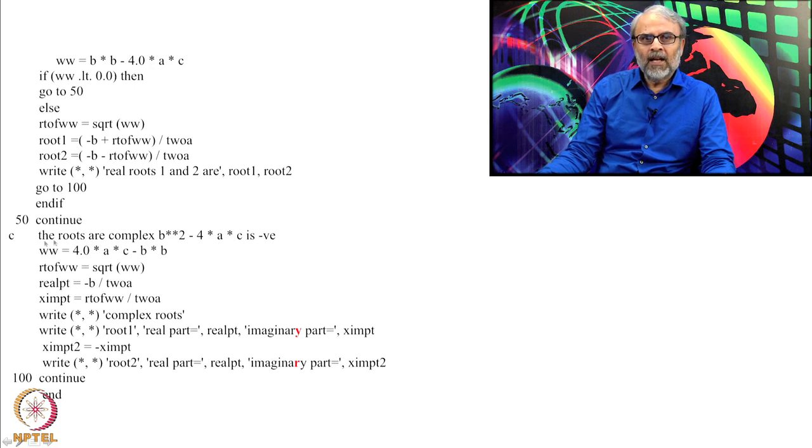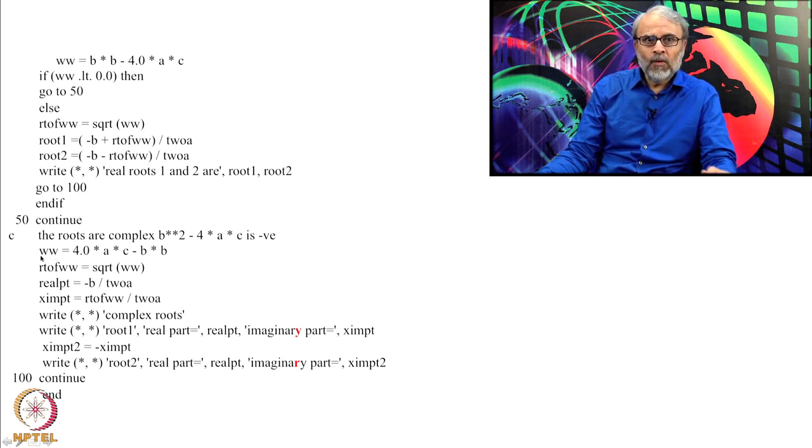So, now I come to this statement. When I come to this particular line, several conditions are satisfied, that is a is not equal to 0 and that b square minus 4ac is negative. So, now we already know that these roots are complex. This particular line is a comment card. So, there should be a C at the starting point, otherwise the Fortran compiler will not understand what this line is, because this is not an executable statement, this is just an English statement. The roots are complex if something is satisfied. So, this is not a Fortran statement, there should be a comment card. So, just put a C in the first line here.